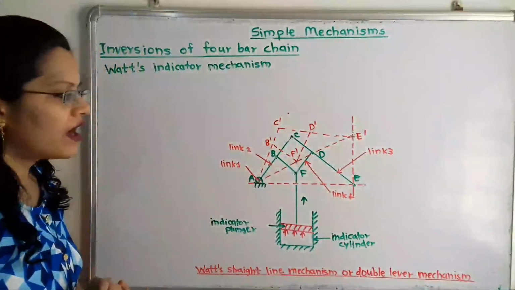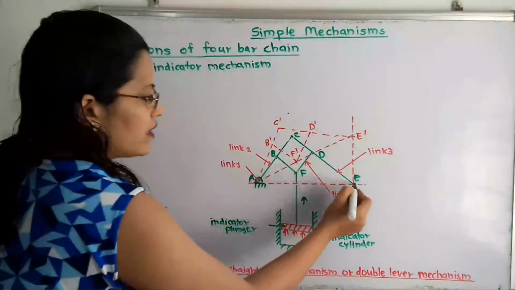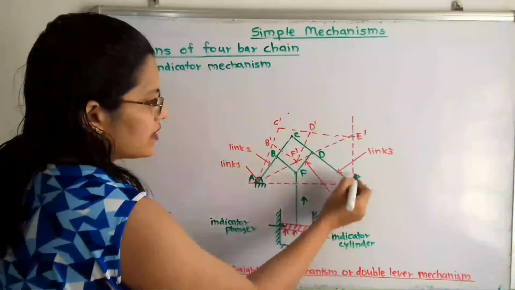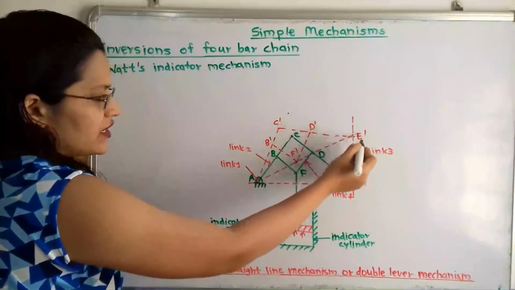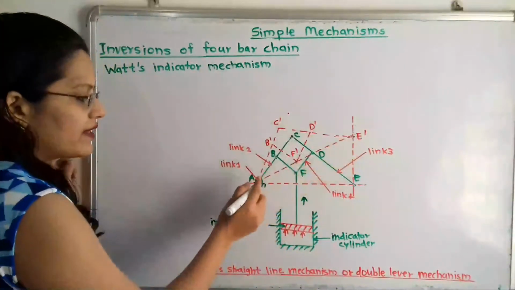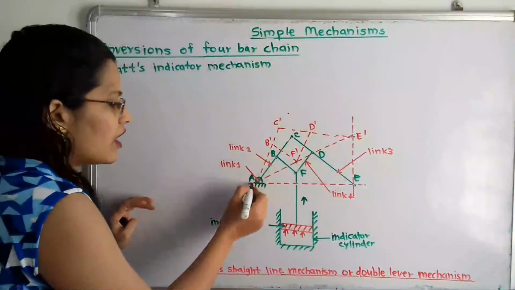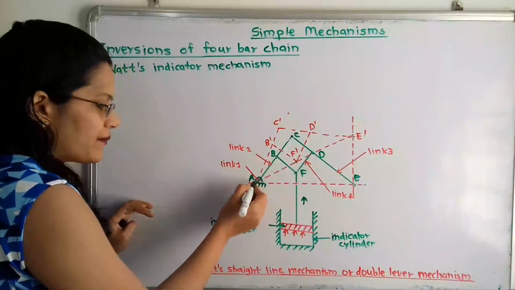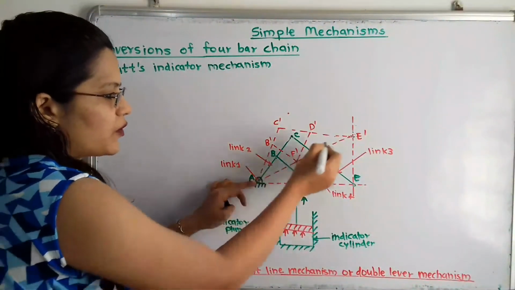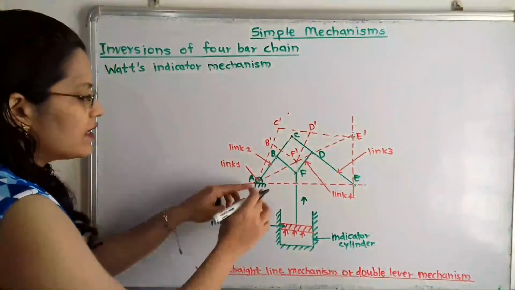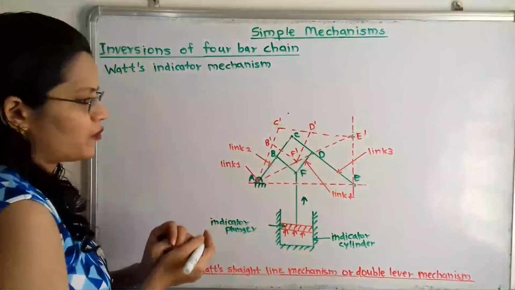Now we will understand how to draw the diagram after displacement. So here we have to draw a straight vertical line, and on this line we have to show this point E dash. Now this is the second point, and what is the first point? Now this whole mechanism is displaced about this center A, because this is the fixed point. So this is the initial point, that is the first point, and this is the second point. Now in between this A and E we have to show the other points.